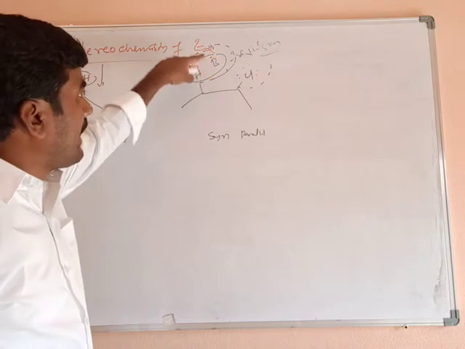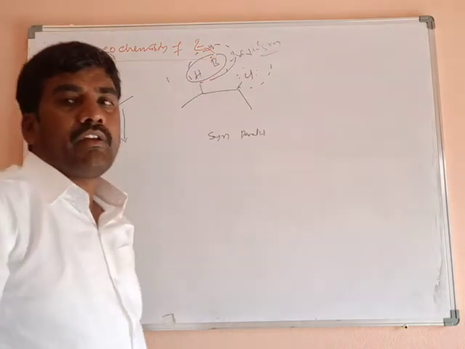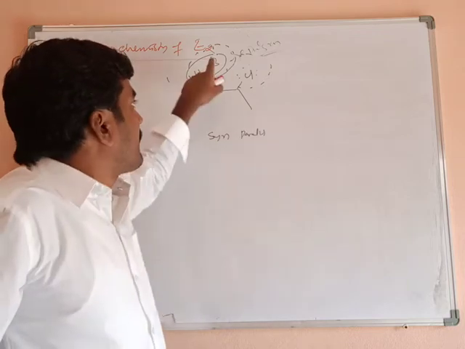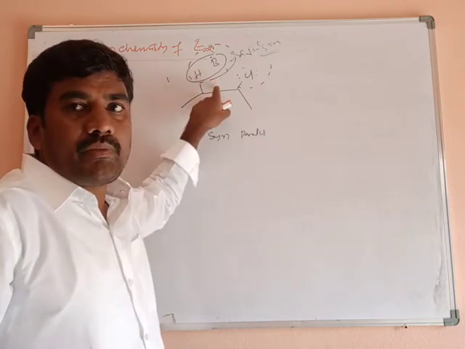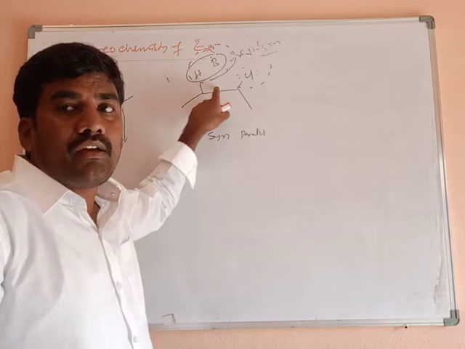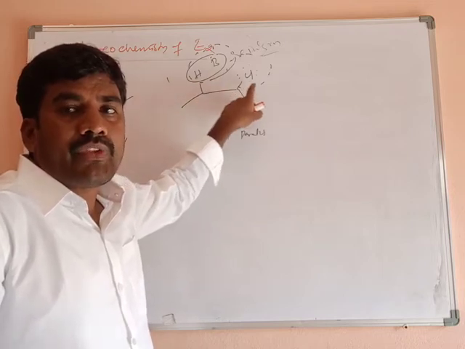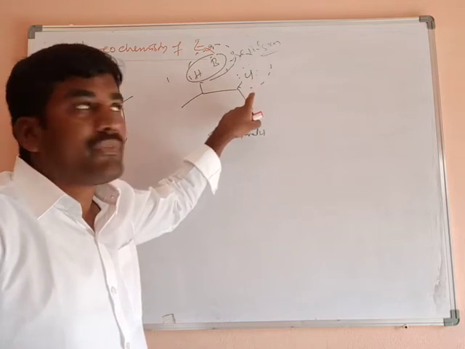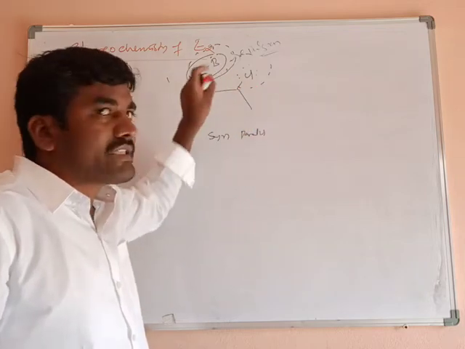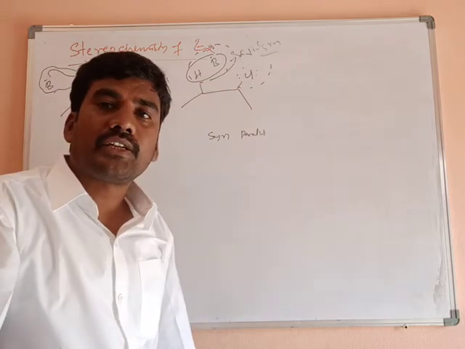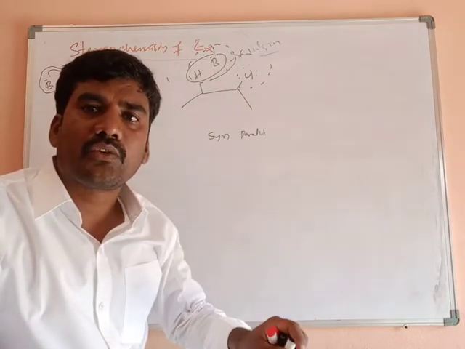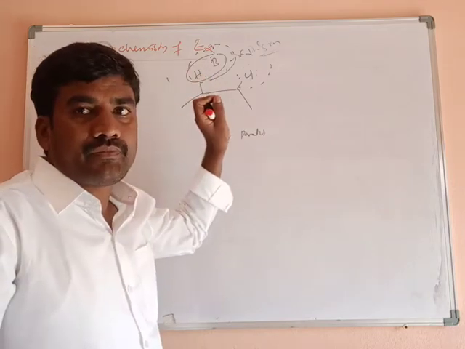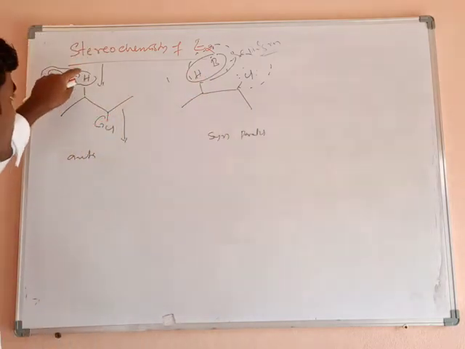So in this direction, attack by the base is not feasible. It is hard to attack this hydrogen atom because the electron cloud of the chlorine atom is there. Electron density is maximum. Chlorine has electron density, and the base also has a high electron density. Both repel each other. Due to the repulsion force, the base is unable to approach in this direction. Clear?